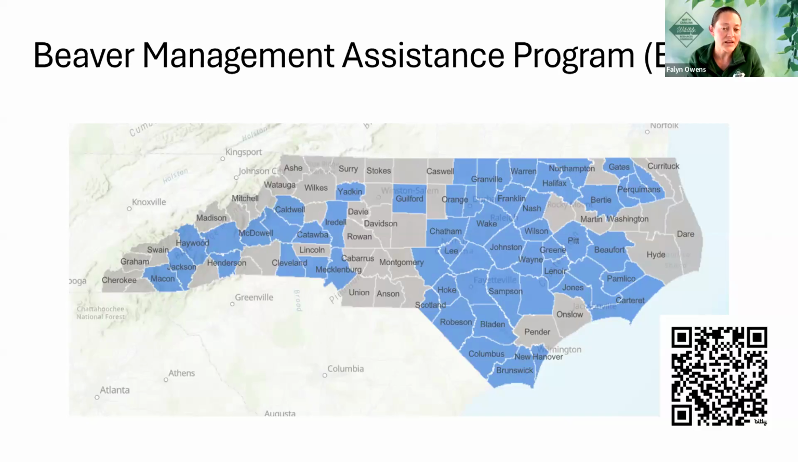So if you live in any of the blue counties, those counties are participating in this program this year, and if you use that QR code, you can find the contact phone number for that county and essentially give them a phone call, say you've got beaver issues, and they can arrange a site visit where a professional can come out to your property and work with you on teaching you about the problem that's going on, find all the beaver dams, figure out what the best options are